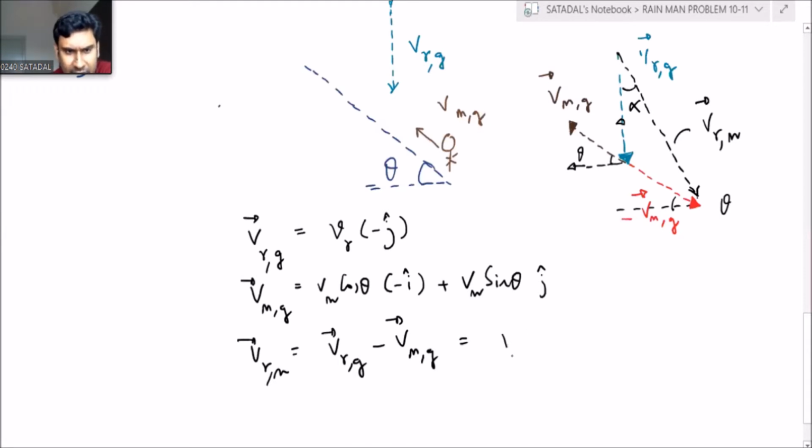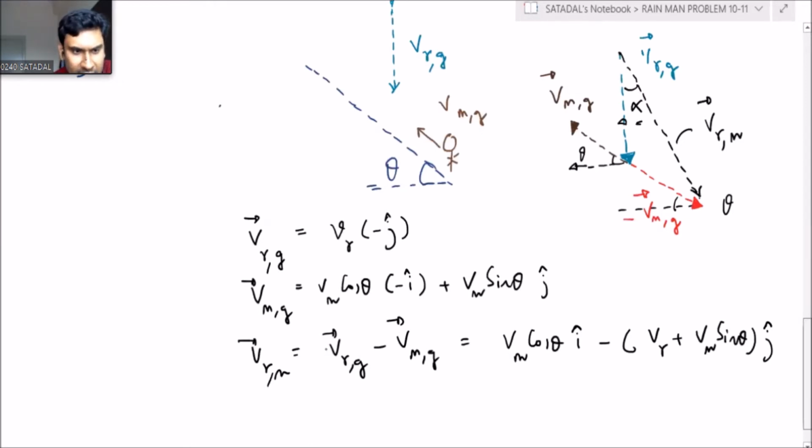So we can write Vm cos theta i cap, and this minus will already stay, this will also become minus. So I can write minus of Vr plus Vm sin theta j cap. Right? So here this angle I have expressed to be alpha. So now I can write